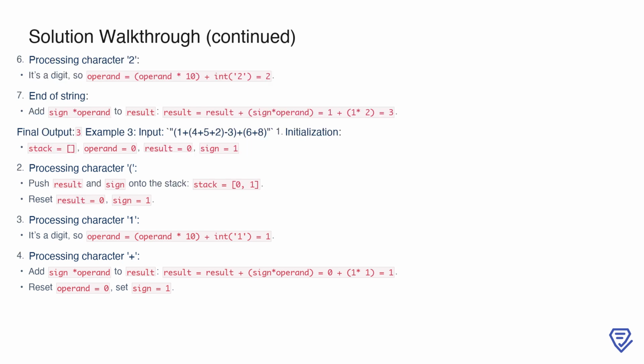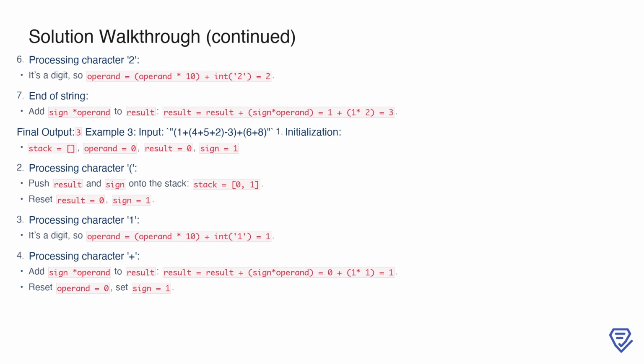The next character is 2, which is a digit, so the operand becomes 2. At the end of this string, we add sign * operand to the result. This gives us result = 1 + 1 * 2 = 3, which is the correct result for the expression 2 - 1 + 2. Now, let's explore a more complex example, the input open parenthesis 1 + open parenthesis 4 + 5 + 2